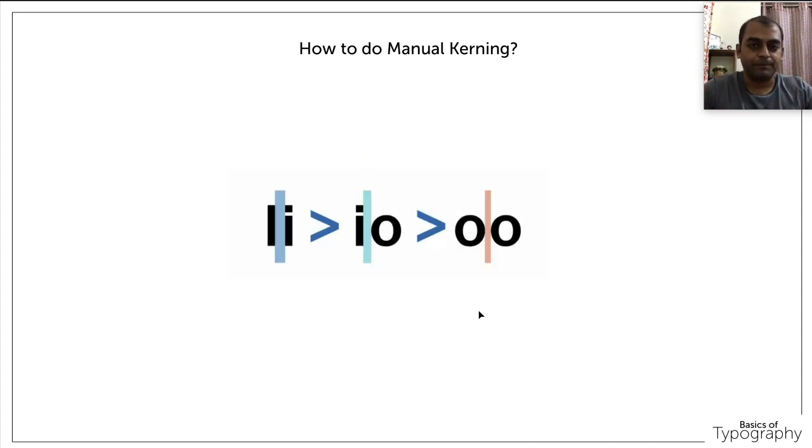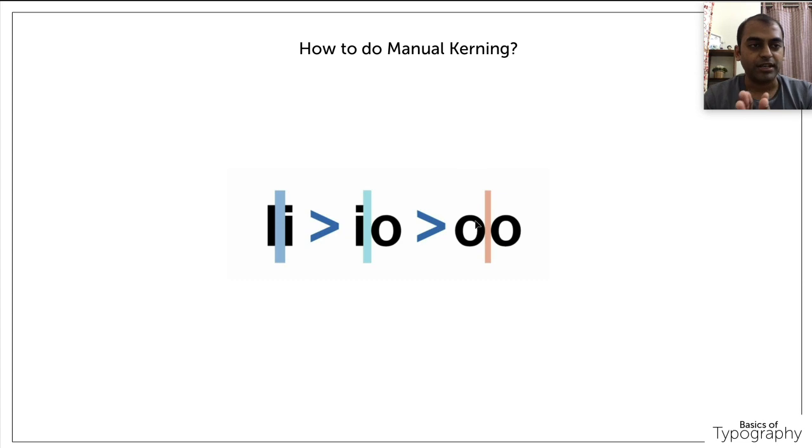And the second thing is the shape of the word, or you can say the area of the word. Here, if you see, this is L and this is I. Both are straight lines, so the area of that word is more. But if you see I and O, this is a straight line and this is a curved line. The area between them is somewhat lesser. And when you come to the two O's, the area is much lesser.